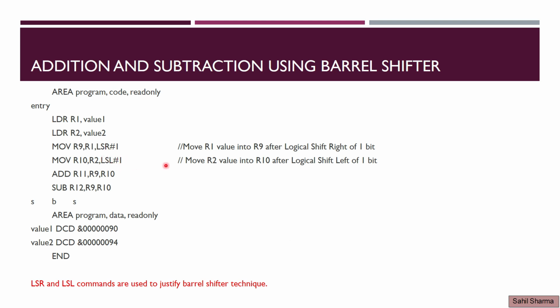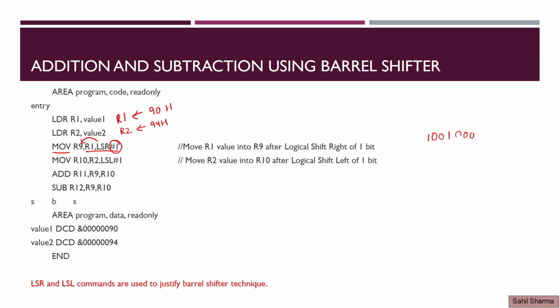So what happens is, we have R1 with value of 90, we have R2 with value of 94H. When we write move statement R9, R1, LSR1, which means we have to logically shift right the value of R1 by location of 1 bit, and then the answer will be shifted to R9. So this means 90H is